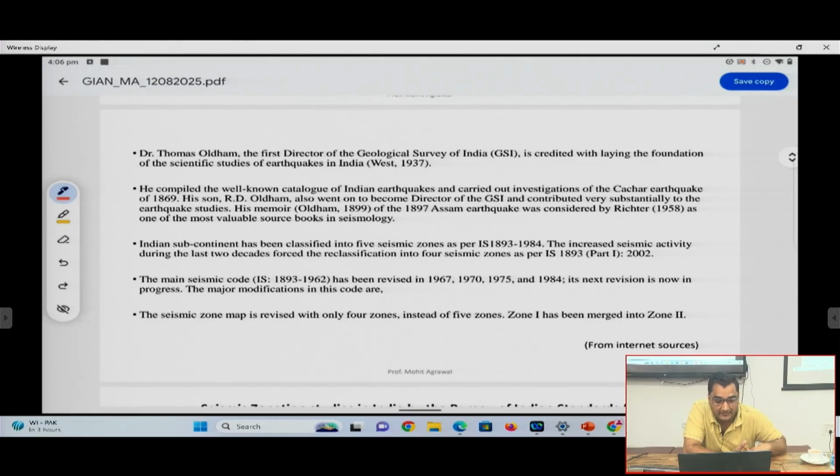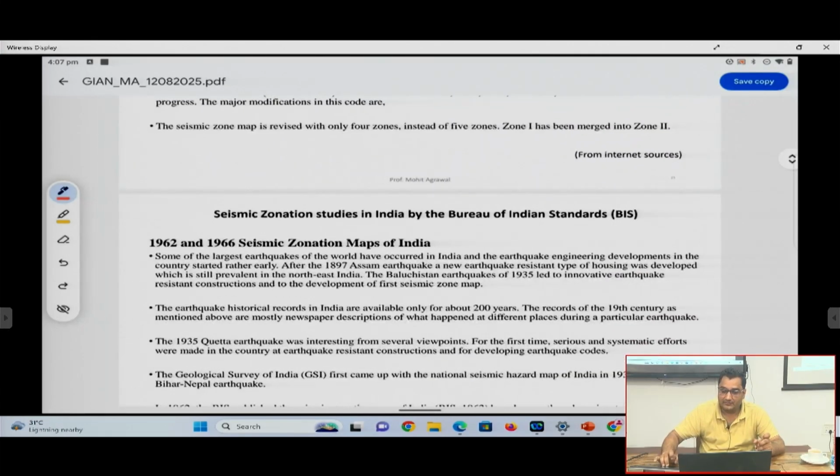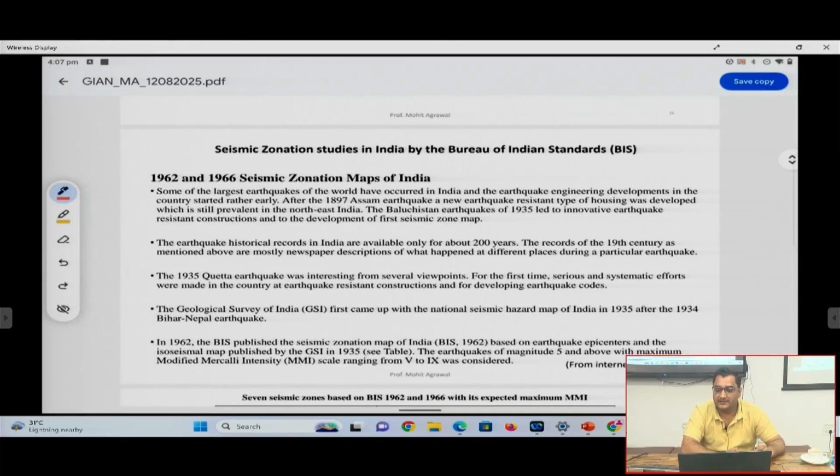Okay, the Indian subcontinent as per IS 1893-1984 can be classified into 5 seismic zones, and the increased seismic activity during the last 2 decades forced the reclassification into the 4 seismic zones, which we will come to later. Now, the seismic zonation map: currently we have 4 seismic zones, from 2 to 5. If we look at the seismic zonation studies in India starting from 1962, in 1935 an earthquake happened, the Bihar Nepal earthquake, after which